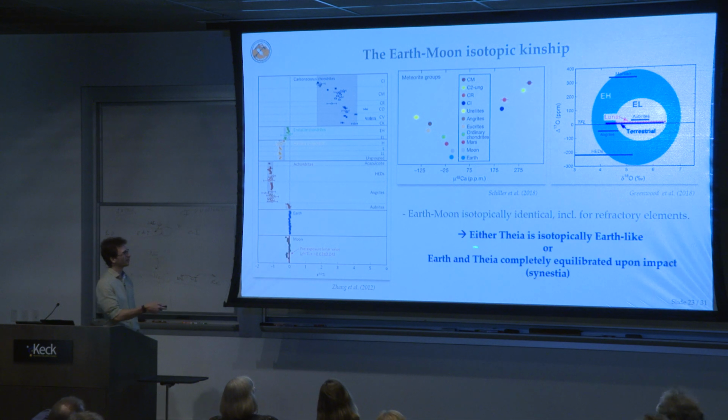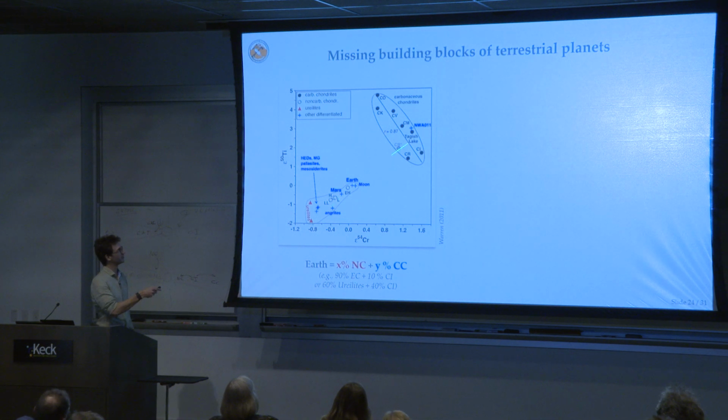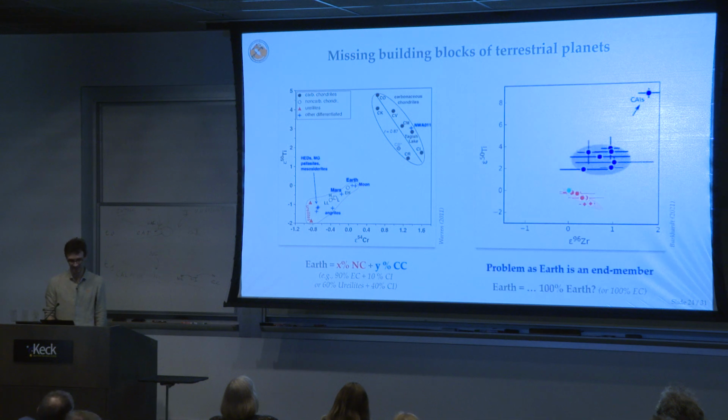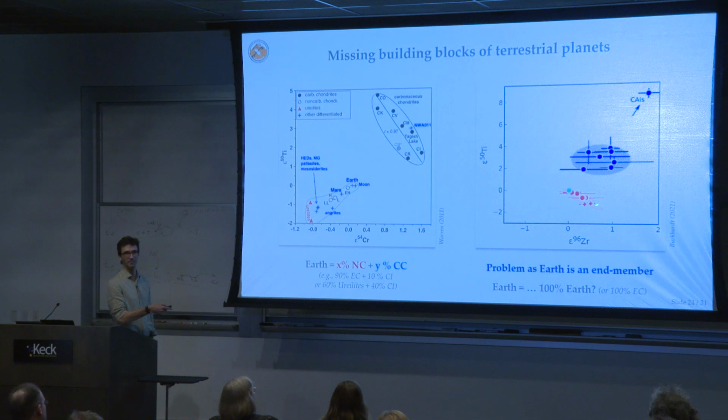And so either Theia, the proto-impactor, was like the Earth to begin with, or the two completely equilibrated, which is an open question. Now, I mentioned that there are missing building blocks. In this space, everything is nice and tight. We can create the Earth by mixing NC and CC material. I'm going to replace chromium with zirconium, another element that has nucleosynthetic anomalies, and now try to make the Earth by mixing things. You can't, because it's an end member, and there's nothing pointing this way, so the Earth is